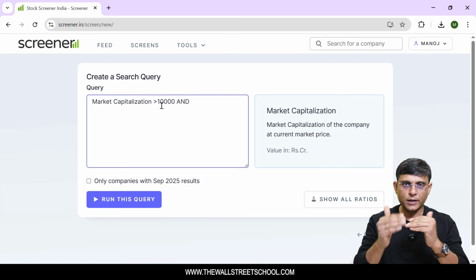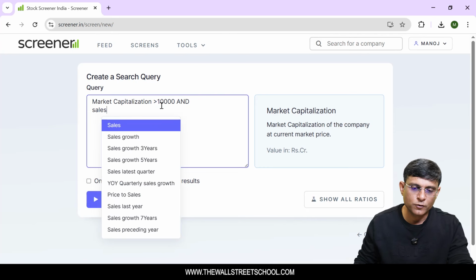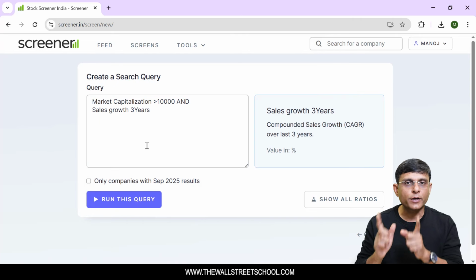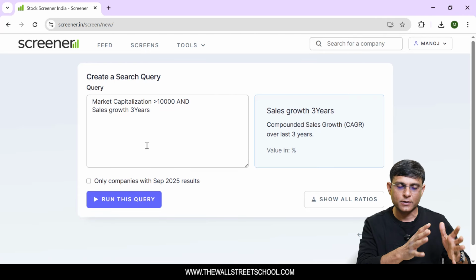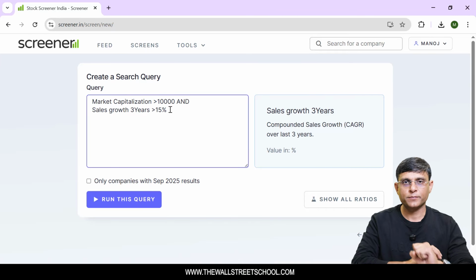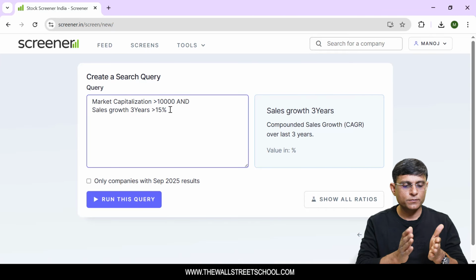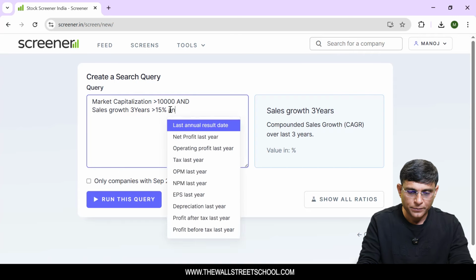Okay, so you need to segregate one filter from the other filter by using "and". The other filter is sales growth for the last 3 years, not just for 1 year. I want to see the sales growth of these companies for the last 3 years, right? It should be more than 15%. Okay. So year-on-year growth for the last 3 years should be more than 15%. Then, and